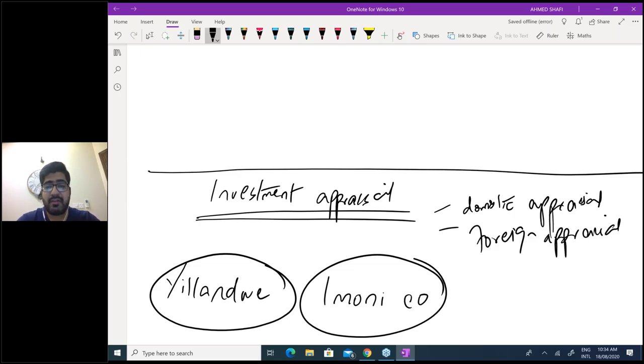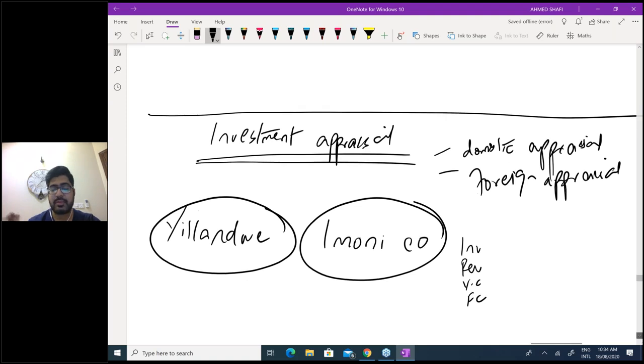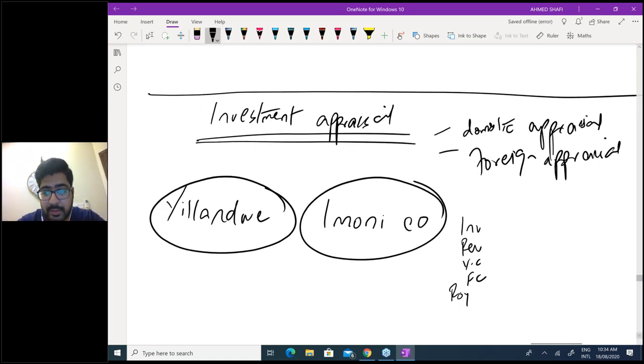And then we were asked to evaluate the financial acceptability, so we found NPV. And since we were in USA and investing in a plant in Yalandwe, all inflows and outflows have to be in Yalandwe rands. Where that is not the case, we converted. So we wrote investment, we wrote revenue, we wrote variable cost, we wrote fixed cost. You need to record inflows as inflows, outflows as outflows. Then the Imani company was asking for royalty, so royalties are a cost for them. Okay, then special equipment for packaging, that should also be done.